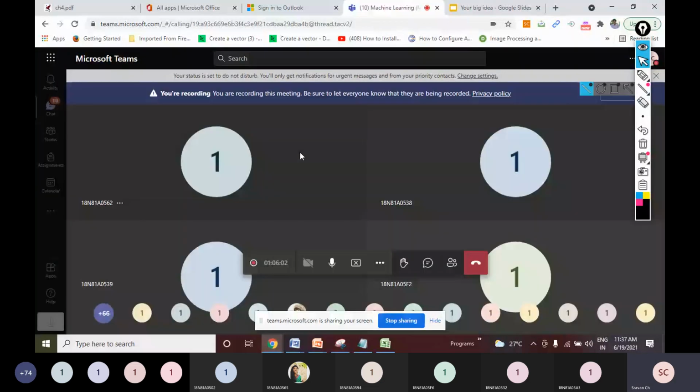Right. Good morning, everyone. Welcome back to machine learning course. So today we will be discussing the math part, the mathematics that is behind backpropagation algorithm. We have spent a lot of time in understanding gradient descent, and similarly now we will try to understand the math behind backpropagation algorithm.